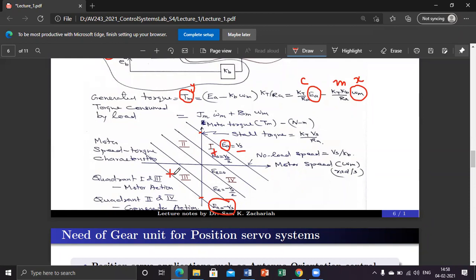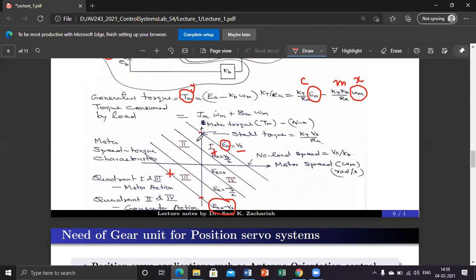What does speed into torque mean for a motor? It is a mechanical power delivery. So the motor gives a positive power output, meaning it is working like a motor. That's the meaning of that. The input is electrical power, output is mechanical power, and in this first and third quadrant we are getting positive mechanical power from the motor. So the motor acts like a motor.